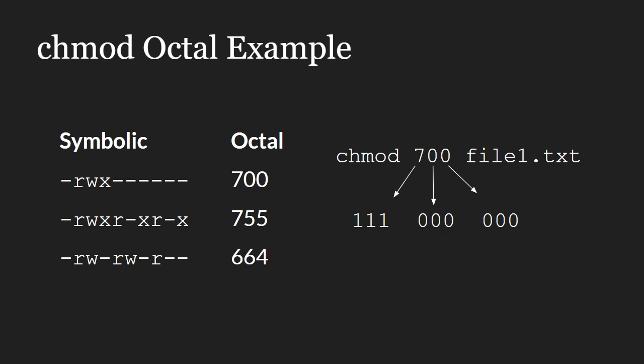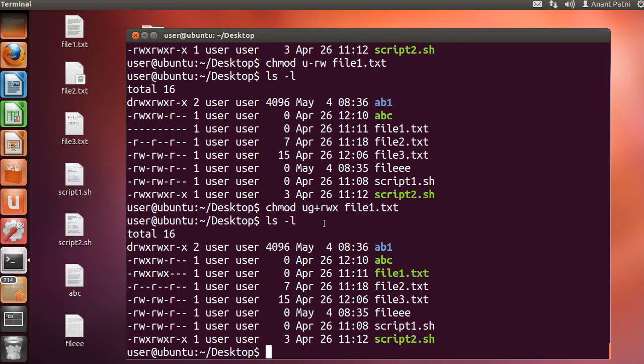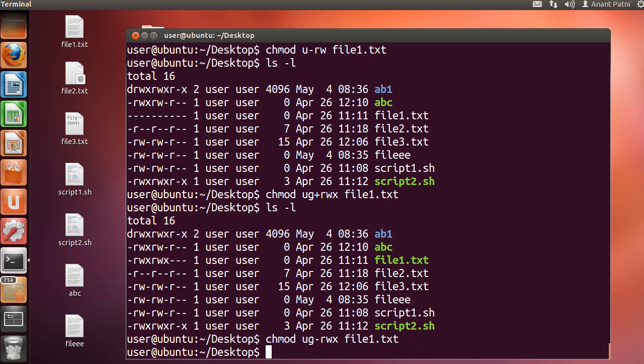Let's try this on a system. So first let me just revoke the permissions which I granted here to file1. Okay, now let me do a chmod 700 to file1.txt.